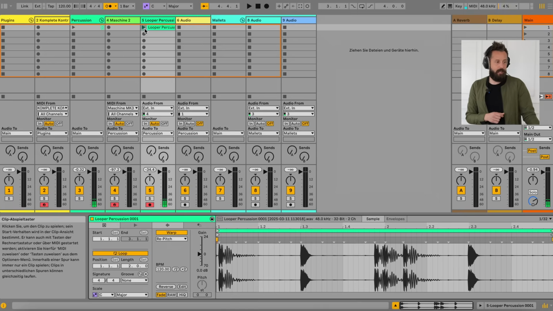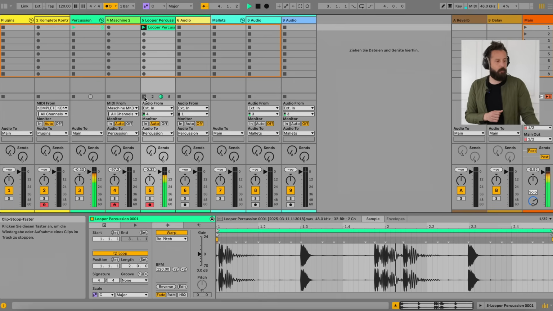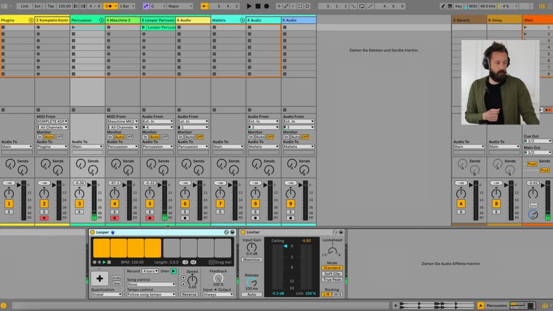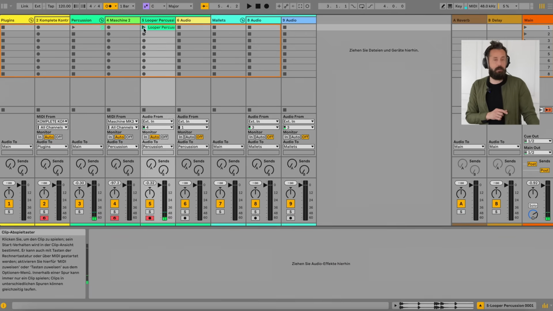And if I press play, you can see this is exactly the 2 bars that we recorded in our looper. So in case you wanted to do a thing like that, back to the looper, I could now say, okay, let's clear everything. Everything is deleted, but we didn't lose it. It's still up here and we can play it. Or we can just record another loop and make some beat variations that we are going to use later in our live set.